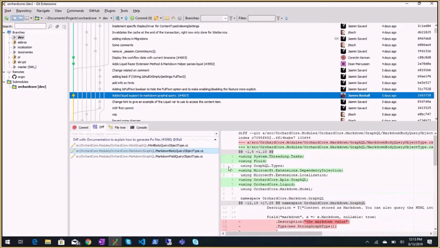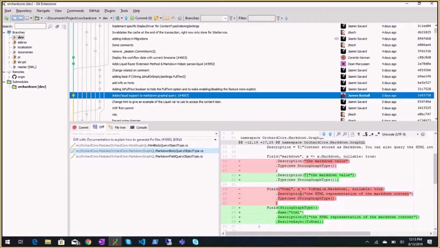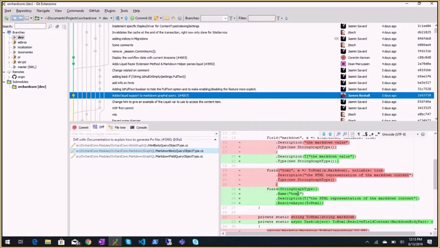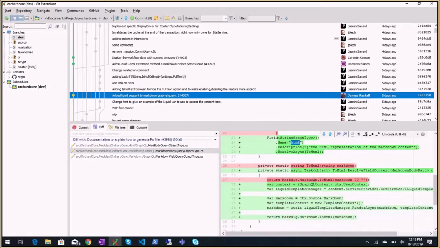Let me show you. So this was the previous method. You see here HTML, so there is some little refactoring. But the new thing is that this HTML property on a Markdown body was evaluating the Markdown of the content item, so that on the client you can directly have the Markdown evaluated and not the source Markdown.